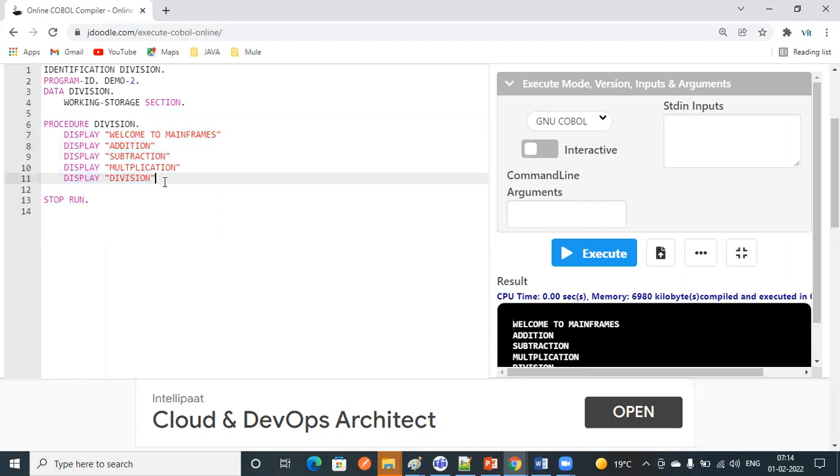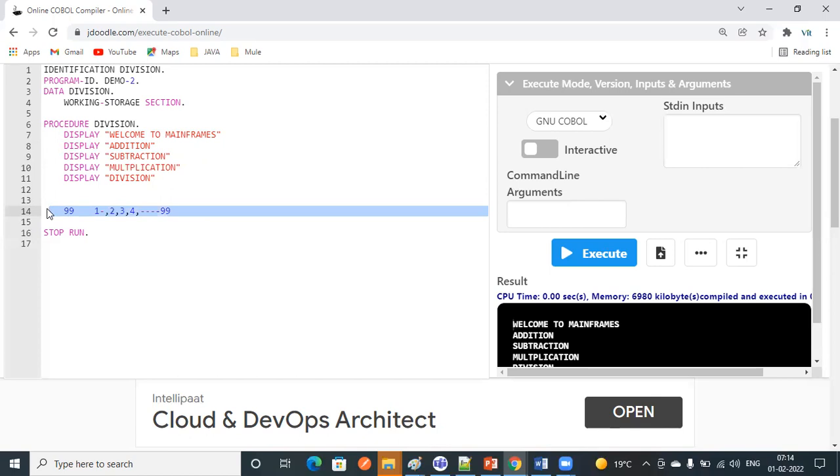You can assume if there are 100 lines in your program, if you want to reach the 99th line, you need to read one by one, 1, 2, 3, 4 until 99. So that is the reason the paragraph concept came into the picture.